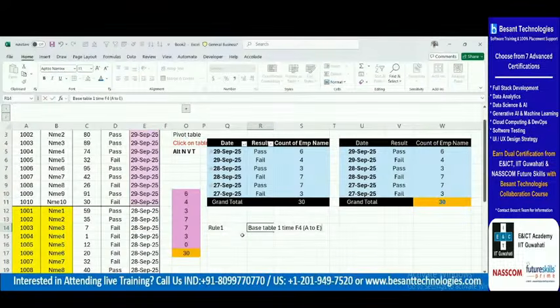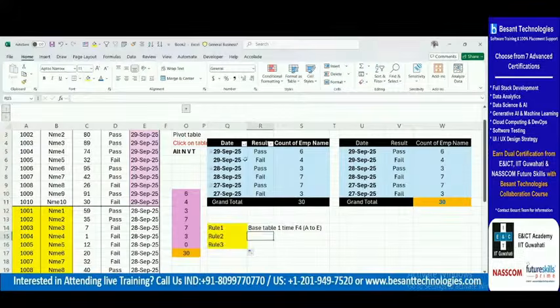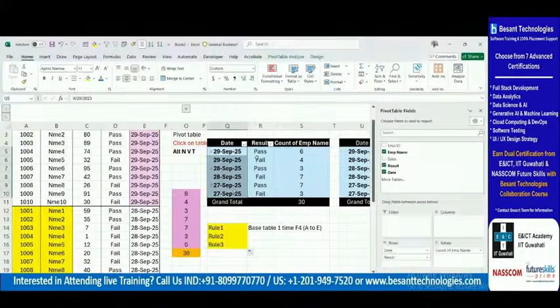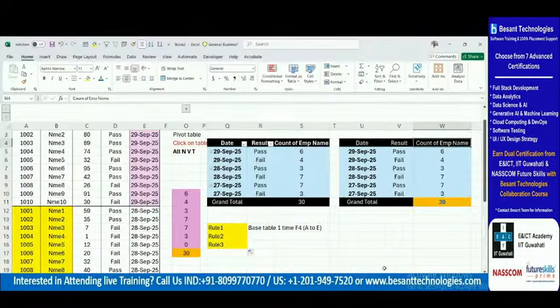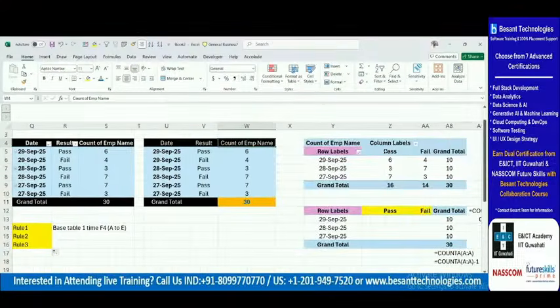If you select any data in A to E, it should have one dollar. Rule number 2: if the value I'm selecting is in a vertical standing line or a sleeping line heading. In this third table, I have a sleeping line. The results are in a sleeping line, so if I select pass or fail, a horizontal value,